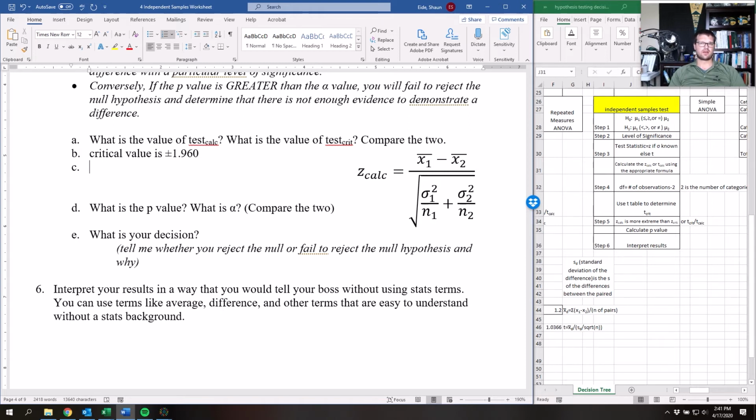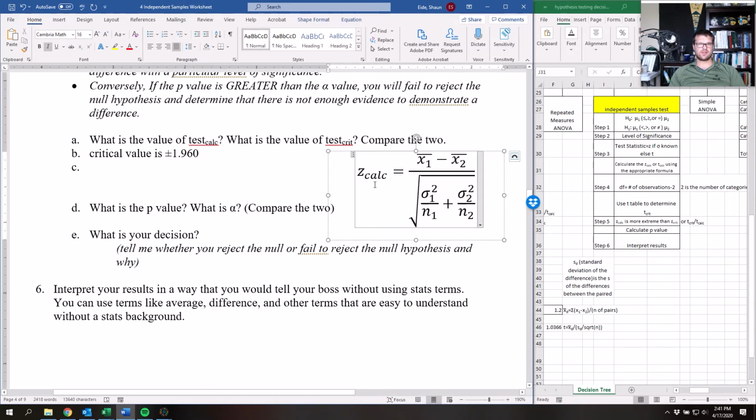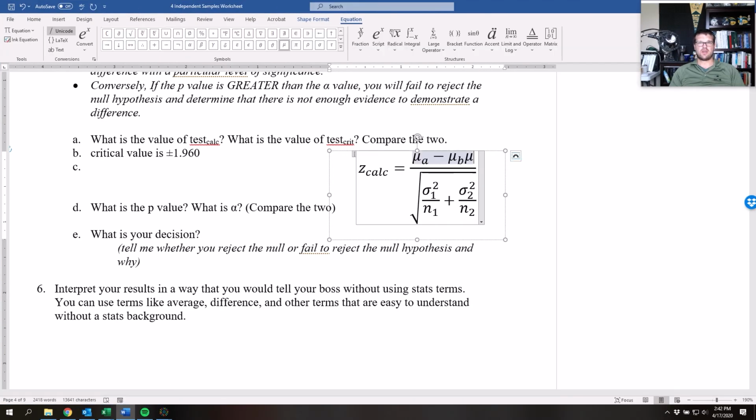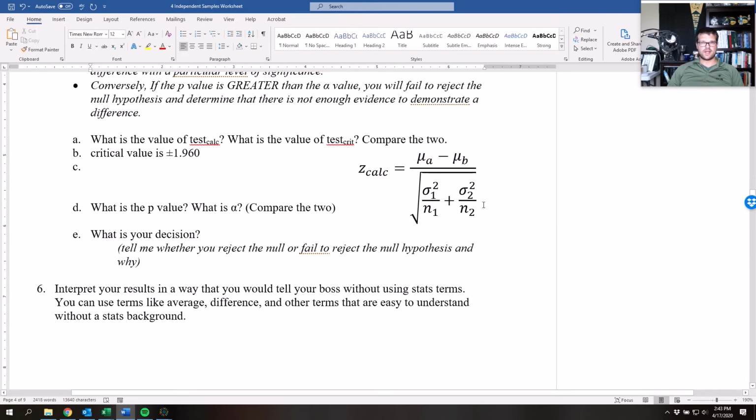There's once again a few different ways to write this. We can do it like this. Here, this right here is the standard error. The standard error for independent samples tests. And if you want to take a look at how to calculate the standard error for independent samples test, we